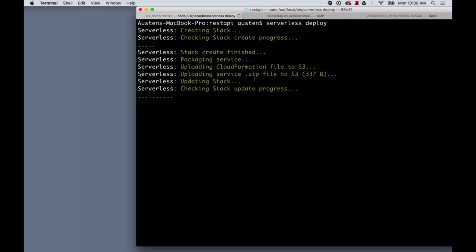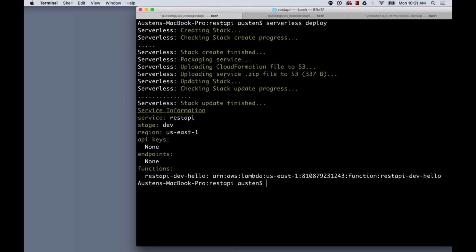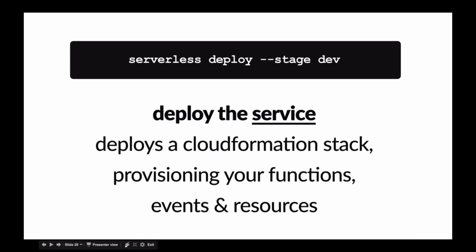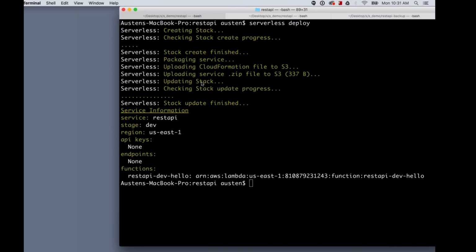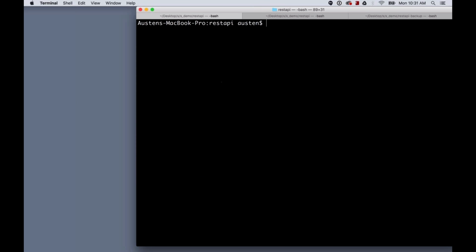So while this is going, the first CloudFormation stack deployment takes a lot longer because it's creating the permissions, IAM roles, essentially. And what happens on Amazon's end is that they actually go around and replicate those IAM roles, because it's a global service, all around their data centers. So this deployment usually takes a bit longer. And that's it. The entire stack has been uploaded.